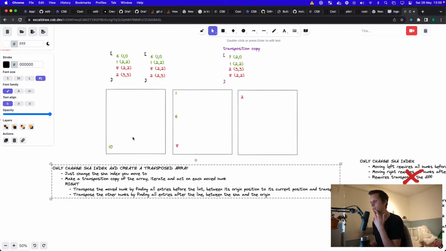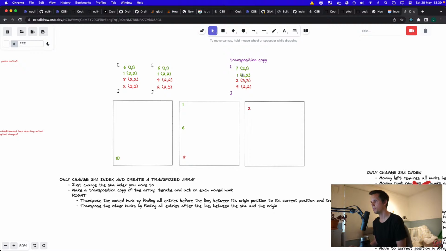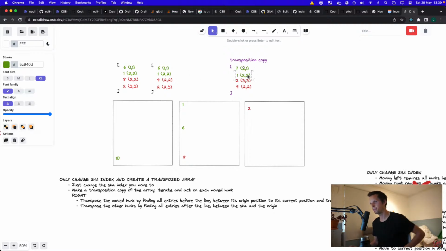Transpose the moved hunk by finding all entries before the line between its origin position to its current position and transpose. So that would also be 1. And that is to transpose this one. It should go to 7. But now we have to figure out how does this change affect the others, and does it actually affect 8? No, I guess it doesn't. I guess it doesn't, because the